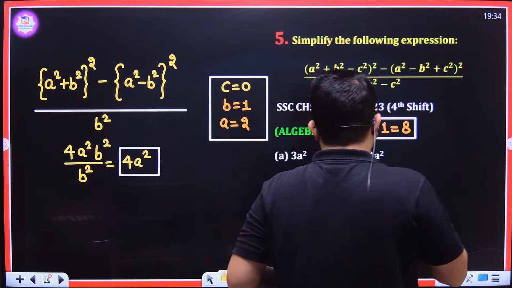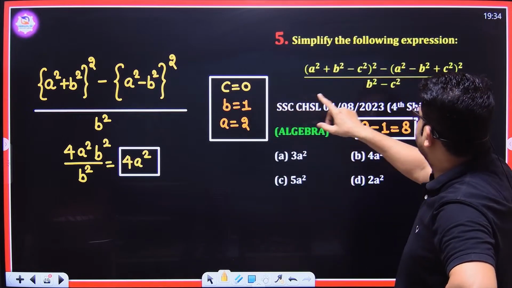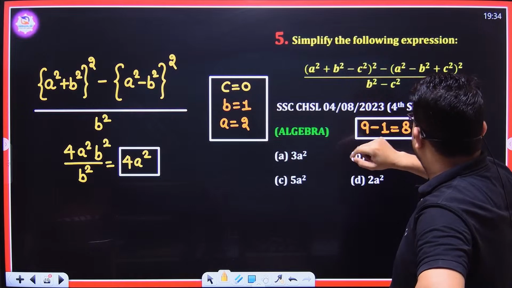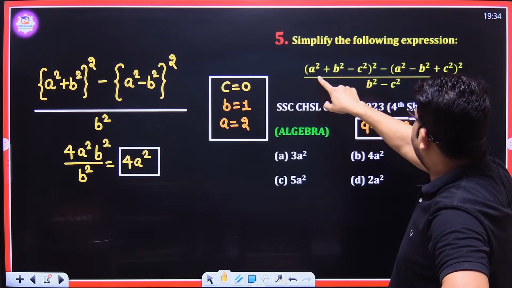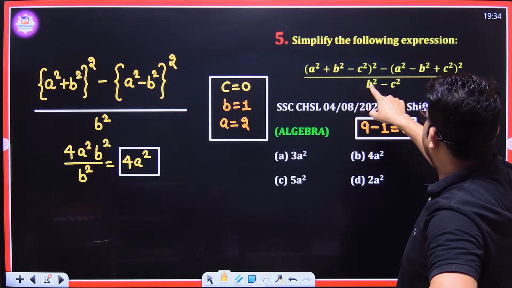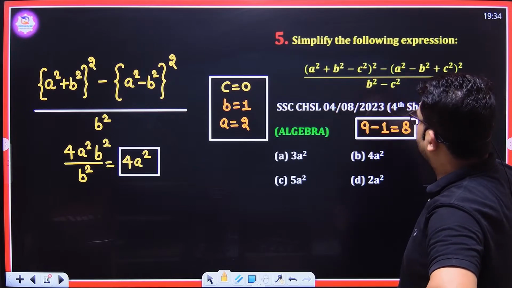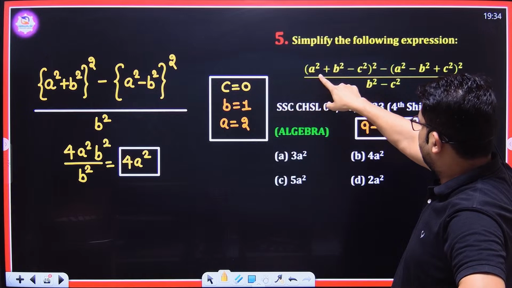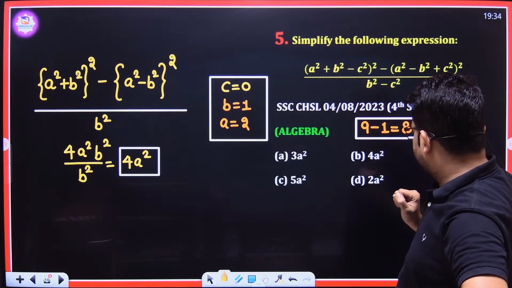See, if I put c equal to 0, this one becomes 0, 0, 0. If b equal to 1, then I have a square plus 1 whole square minus a square minus 1 whole square. If b equal to 1, I have nothing in my denominator. If I put a equal to 1 also, then this option will